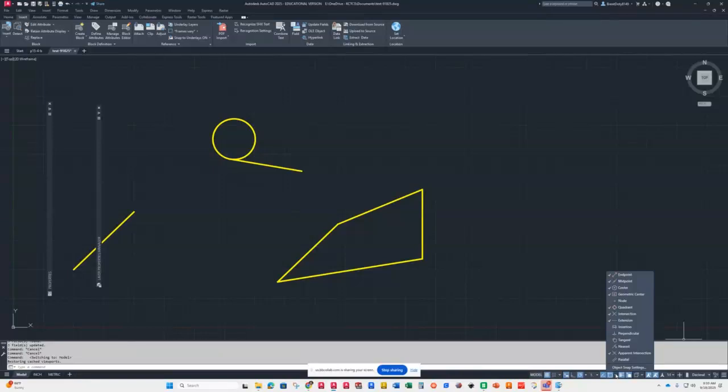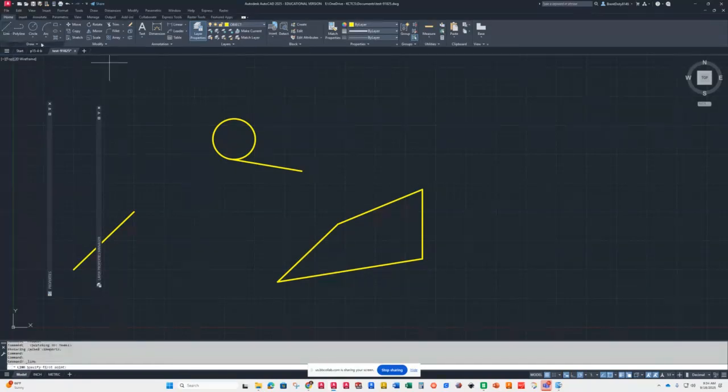But anyway, the other ones that I have on are intersection, extension, and apparent intersection. You're like, why do those matter? Okay, well, I'll show you why those matter. So if I'm drawing a line, I want to draw a line. We'll go draw. Now, if I pick on the end of this line here, and it's at an angle. I don't think this one's at an angle that's normal. So let me grab that, and let's see. If I pull this down,